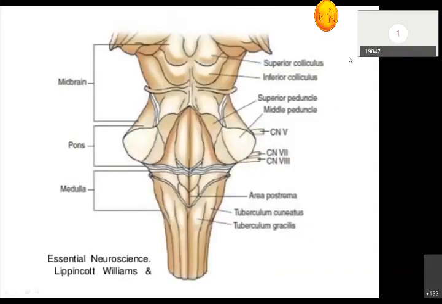So this is the dorsal aspect of the medulla. The upper part is open and the lower part is closed. In the upper open part, it forms the floor of the fourth ventricle, which we will learn in the fourth ventricle topic. The lower part is divided into two equal halves, and the upper part will have tubercles because of the nuclei. So this is the nucleus gracilis in the middle, and lateral to that is the cuneatus. Lateral to that is the tuberculum cinereum, which is formed because of the spinal nucleus and tract of the trigeminal nerve.